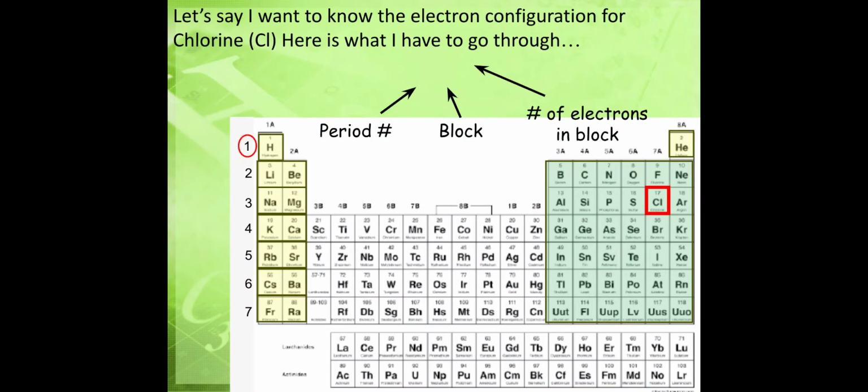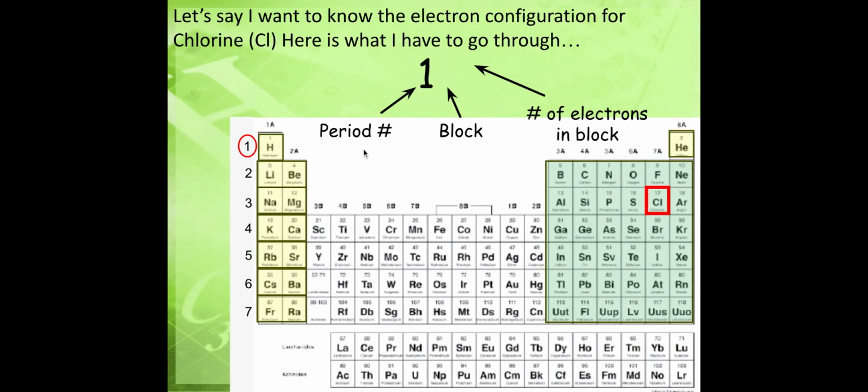Okay. So we said we needed 3 things. We needed the energy level number. So in order to go to chlorine, we need to pass through hydrogen, helium, lithium, beryllium, boron, carbon, nitrogen, oxygen, fluorine, neon, come to sodium, magnesium, aluminum, silicon, phosphorus, sulfur, then we reach chlorine. So that's the method we are going to use. So we go in order, we don't skip any element. Okay. So when you have the number one, that's the first thing you want to write,